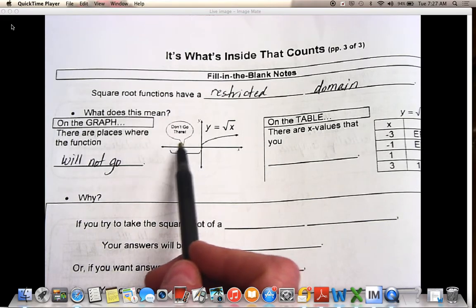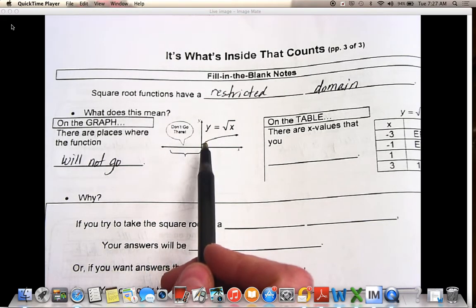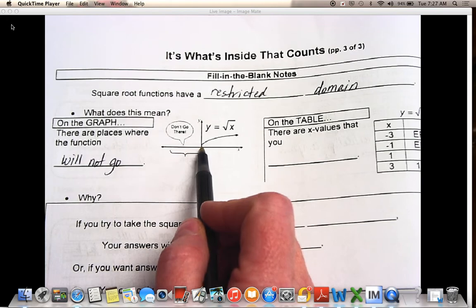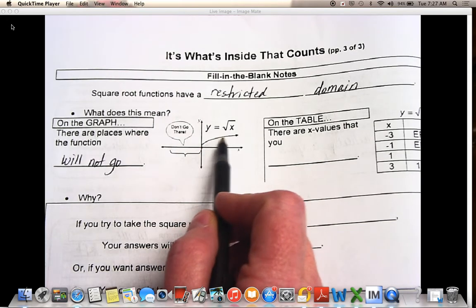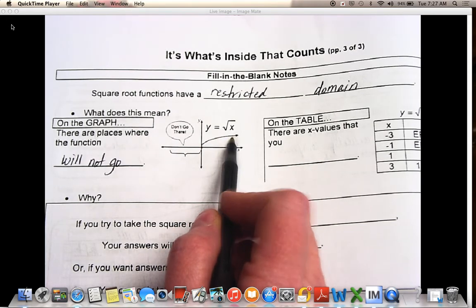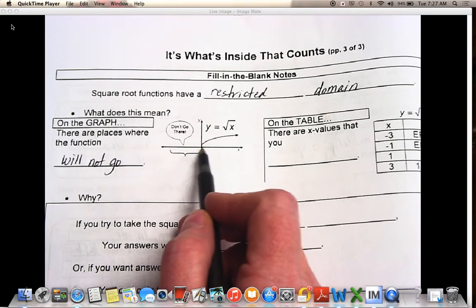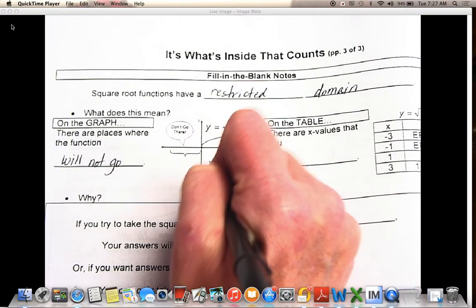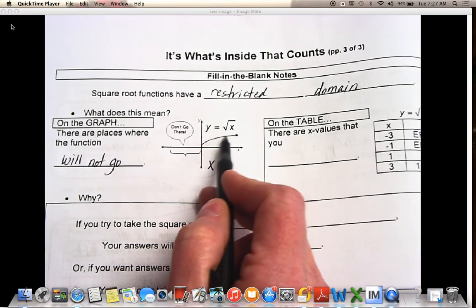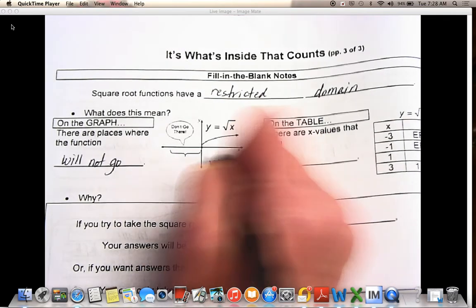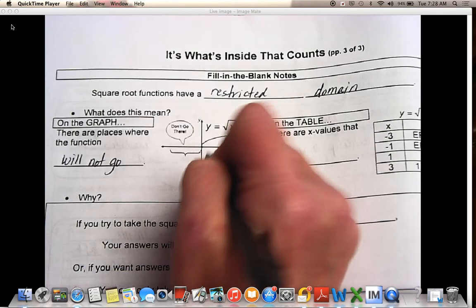So that's not part of our domain. The domain for this function, by looking at it, I look only at the x-axis. I see that it starts at 0 and it goes to the right. So if I had to write a domain from looking at the graph, I would want to see where it starts on the x-axis. In this case, it is 0. And of course, it's going to the right, so I would say x greater than or equal to 0. And that would be the domain